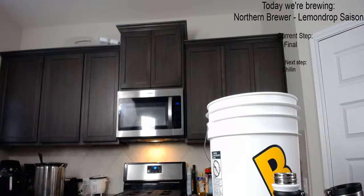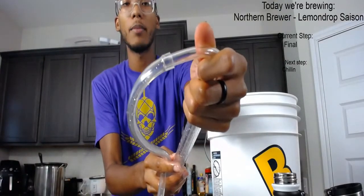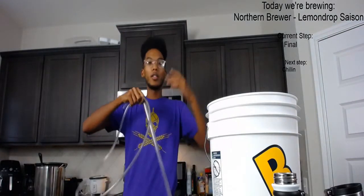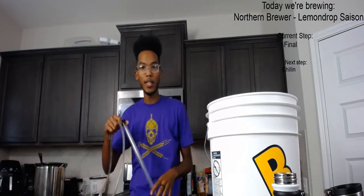And then, now that it's nice and on there, I've got the tubing on the siphon, about less than an inch, about a half inch or so on there. I'm going to pump the siphon in the sink to pump the sanitizer through, and then after that, I'm going to use the